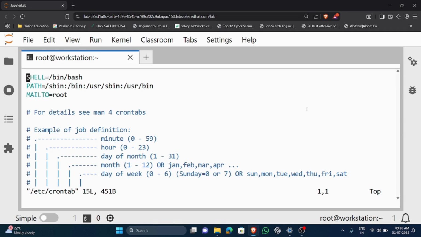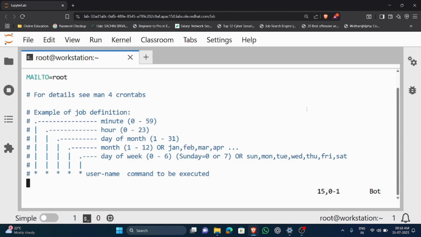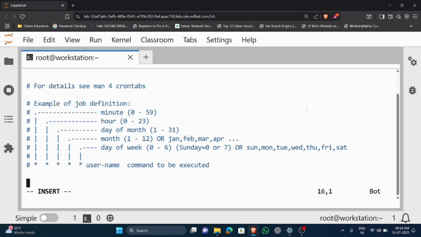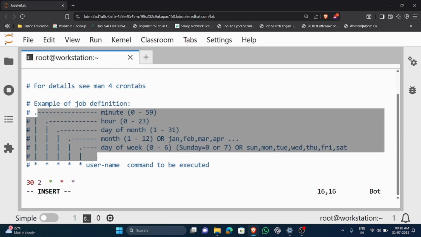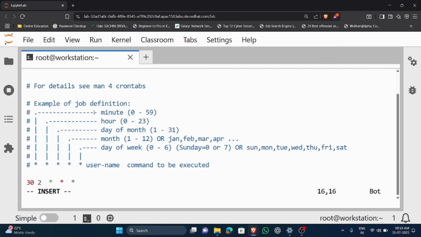So, for example, if you want to add a job, you have to add it in this place. Now we are in insert mode. We are adding something: 30, then 2, which means 2:30 a.m. Then star star. If you look at the example of the job definition, you will find the first section is